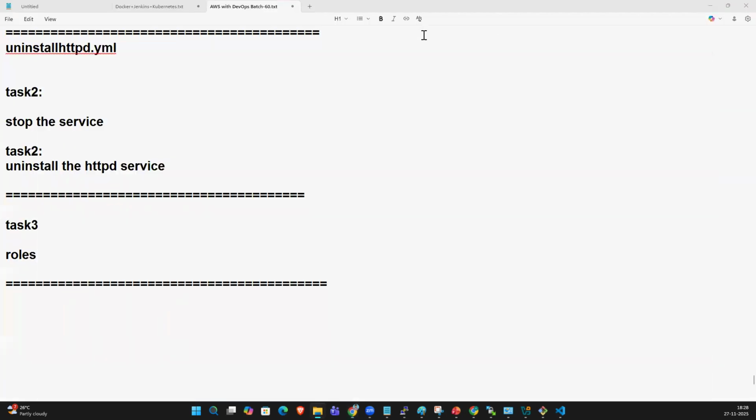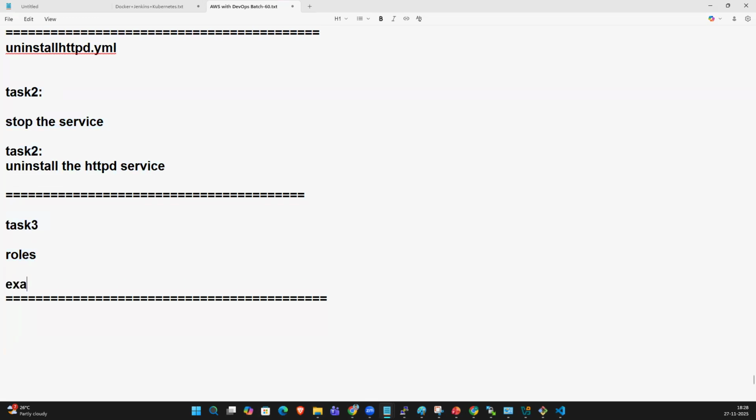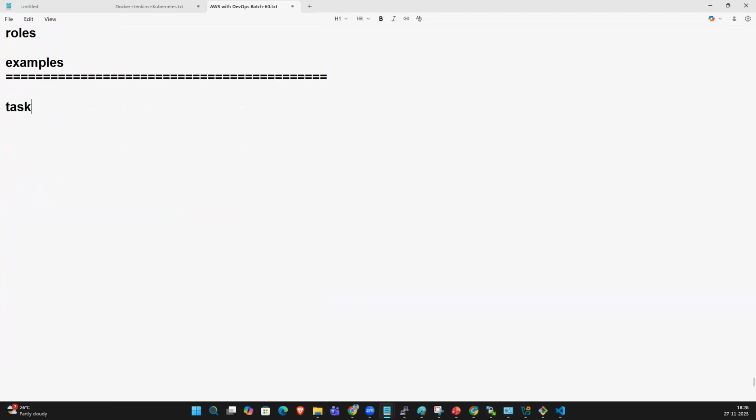Understood, right? So that is roles, how we can do roles. Wherever you can search it, guys, maybe YouTube, Google, or whatever it may be: what is roles, how we can do roles. You guys can create some role examples and upload them in the repository. So what you guys can do for task four is